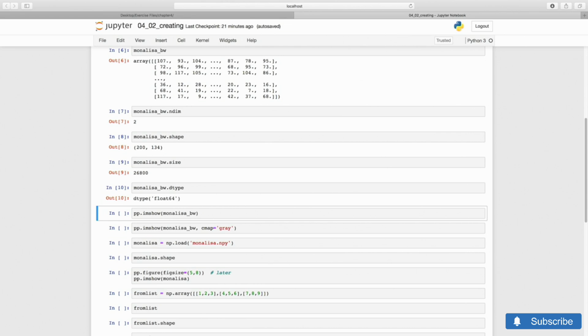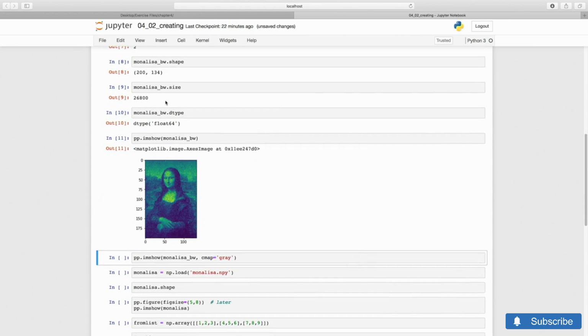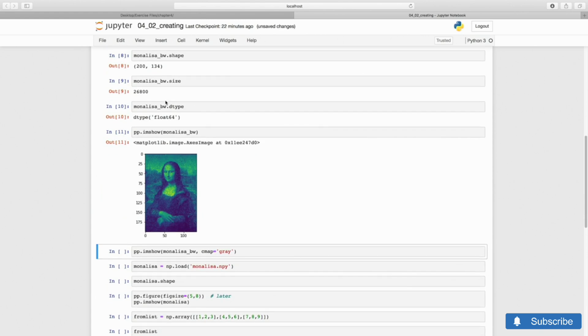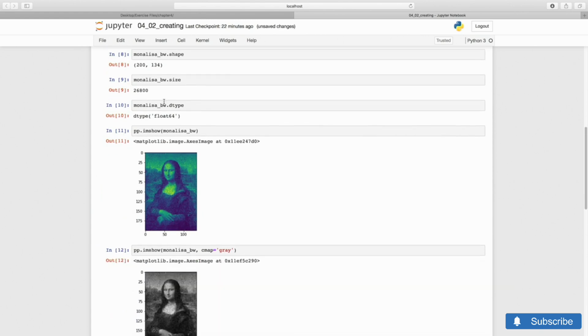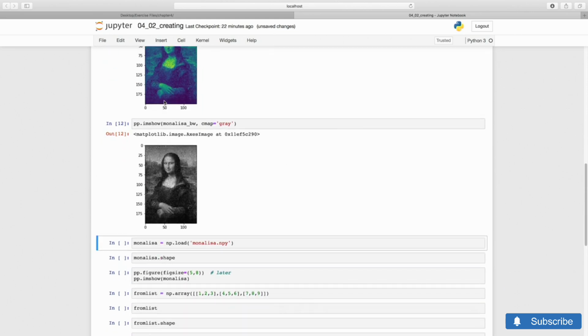I wonder, is it an image that we can display? We can use the Matplotlib function imshow to display two-dimensional arrays as images. Although we should perhaps use a better color map, such as gray. I've also prepared a color version of the painting, and I have saved it in NumPy's native binary format, which works across all platforms. The file is monalisa.npy.